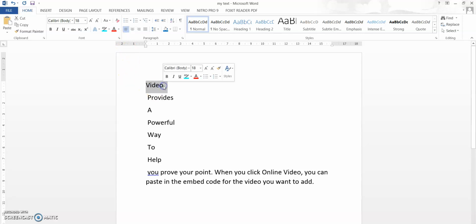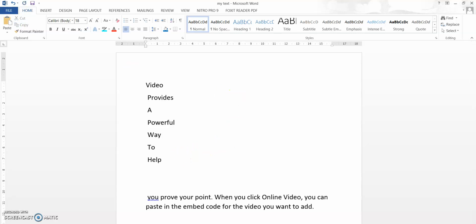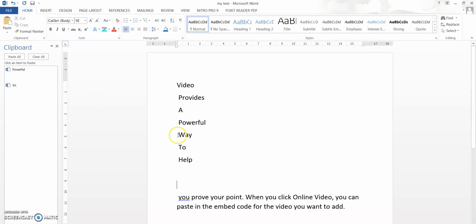First I'm copying one word, then copying "provides", then copying "powerful". Now I want to paste, but the last thing I have copied is "powerful". So Windows has given us a clipboard, and this clipboard acts as a stack.